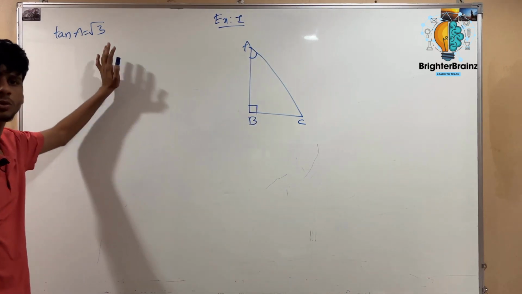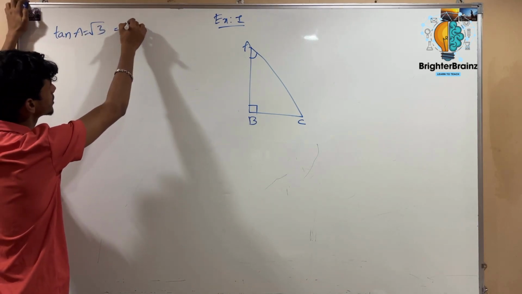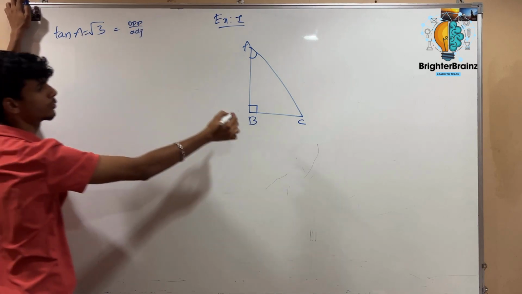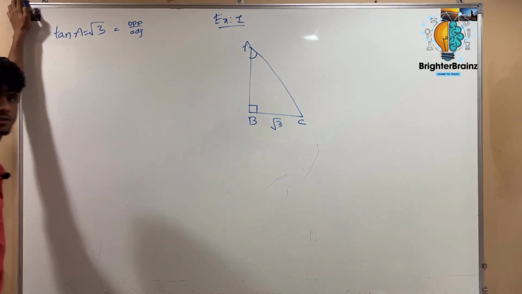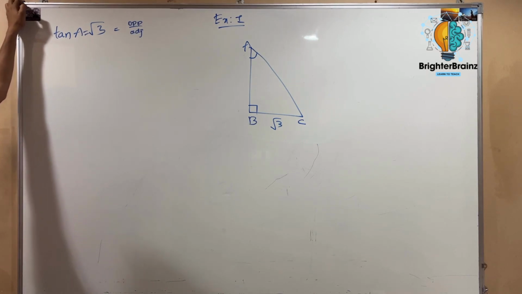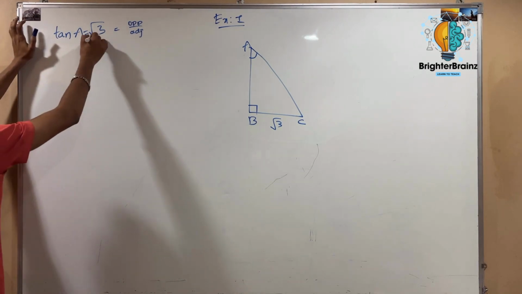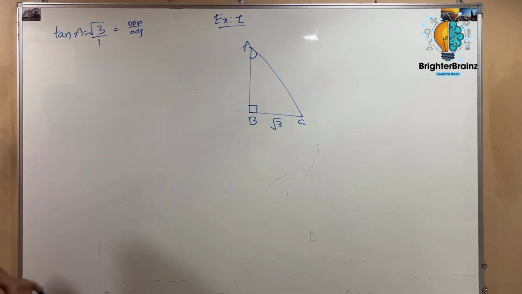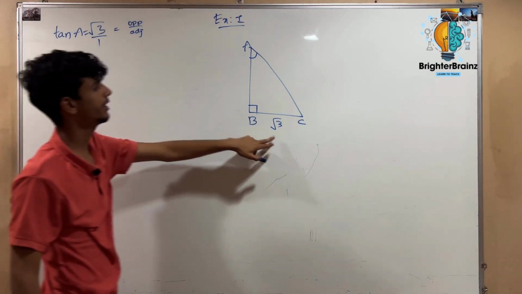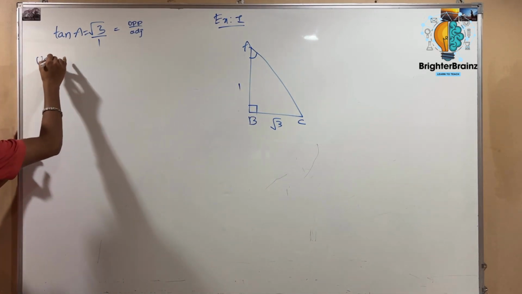ఇప్పుడు tan A equal to root 3 అన్నాడు. Actually, what is the value of tan A in terms of sides? Opposite by adjacent. What is the value of the opposite side? Root 3. Then adjacent? If nothing is there below it, we have to assume it as 1. పక్క 1 ఉన్నట్టే, ఏం లేదు అంటే. So that is root 3 by 1. Then the adjacent side will be 1. Then using Pythagoras theorem,